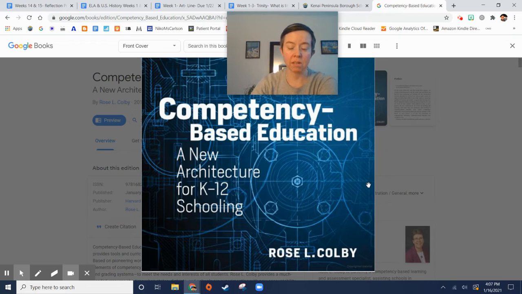So in a competency-based approach, you need to think about what your students are going to be turning in to you at the end and how they are going to show what they know. And that's really where the focus needs to be. It needs to be more learner-centered as opposed to teacher-centered.